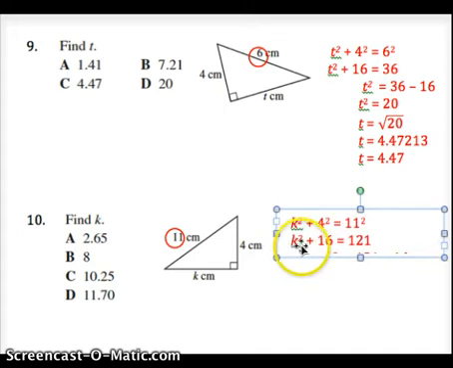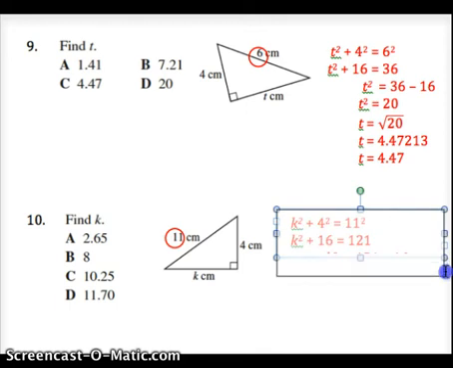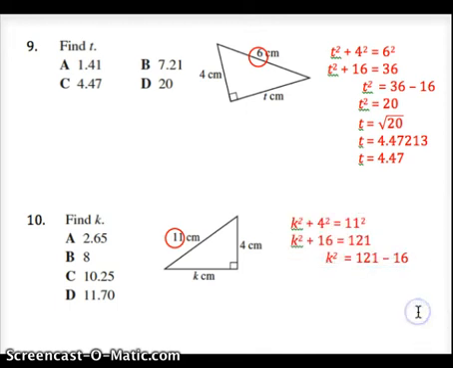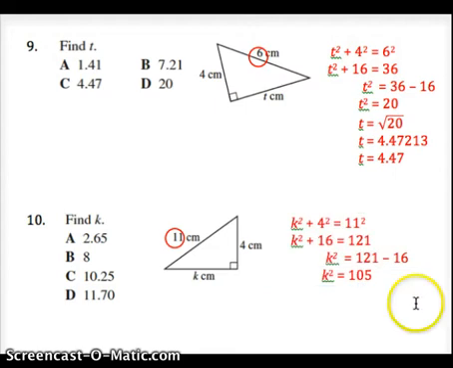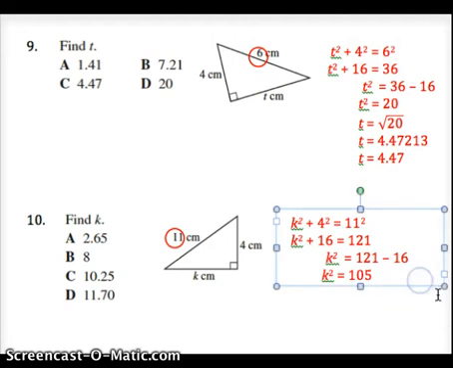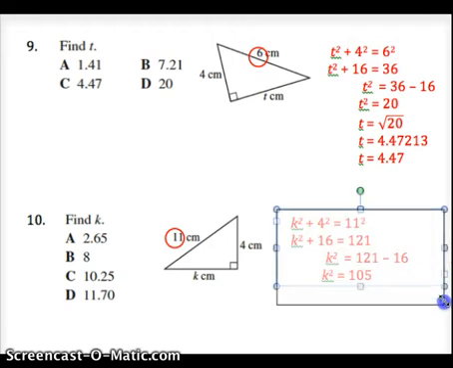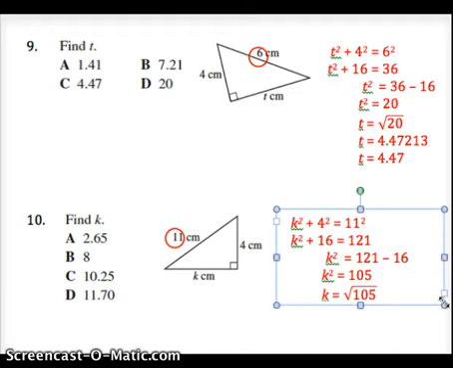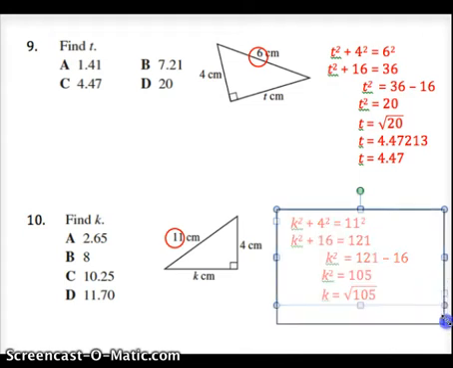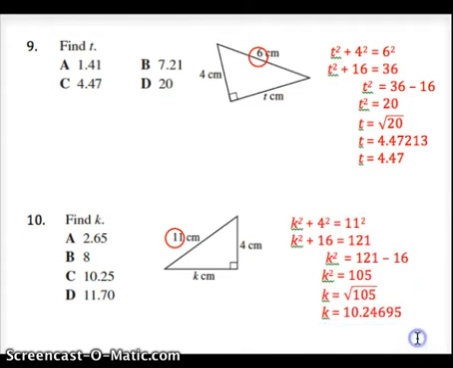Remember, we're trying to work out k squared, so that plus 16 needs to move over to the other side. And we get k squared is 121 minus 16. We can work that out on our calculator now. 121 minus 16 is 105. And remembering that we're just trying to work out k, so if k squared is 105, then k will be the square root of 105. And just working that out on your calculator, you'll get that k is